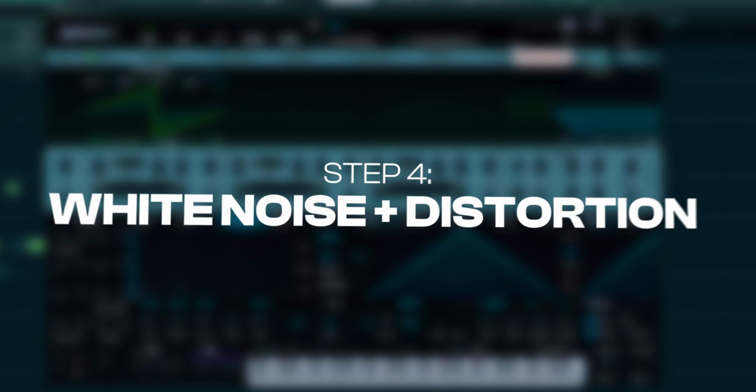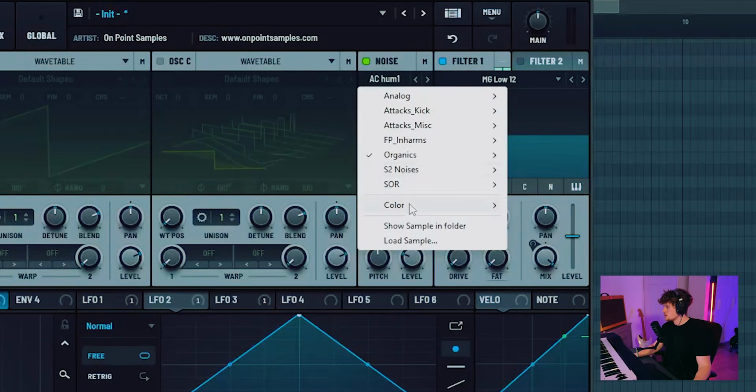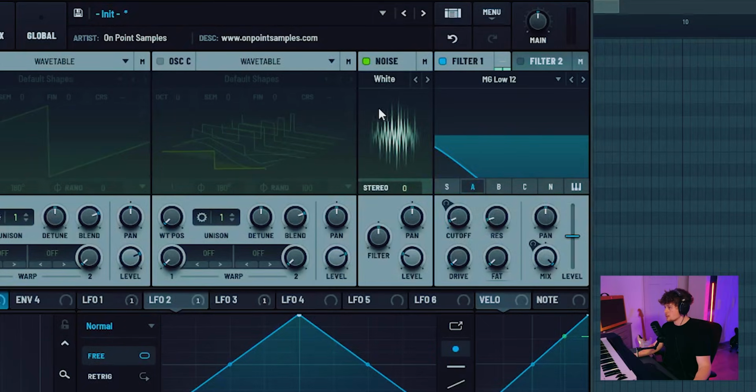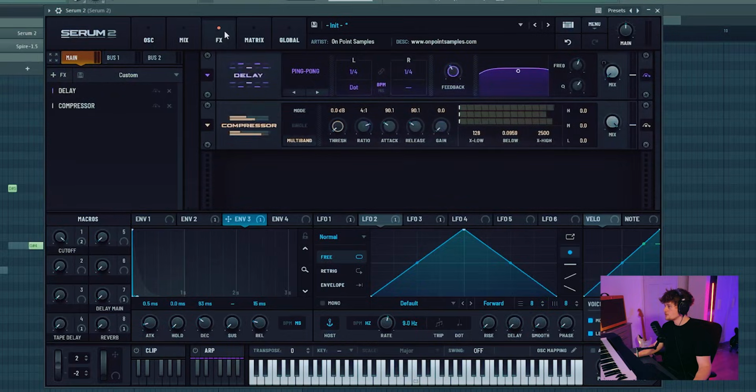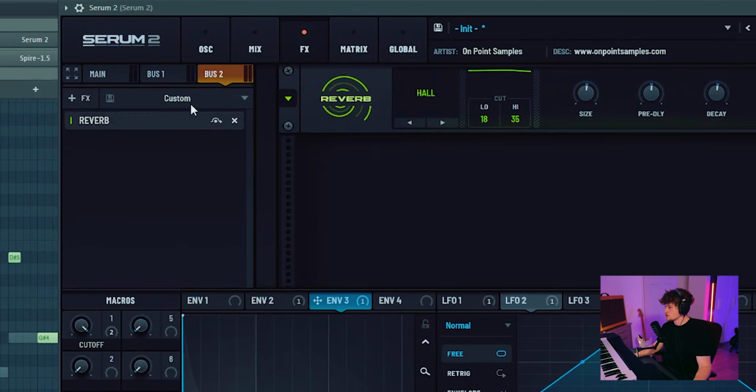So once you're done with those 3 things, you can get into the next stage, which is adding white noise and distortion together. Add the noise, change it to color white, so it's pure white noise. Make sure there's no stereo because we don't want to really muddy up the left and right channel. And make sure that the noise goes to filter 1, so that it's split up in 1 and 2. Right? Now you don't really hear much, but if you go to Effects, Bus 2, where the dry sound is,